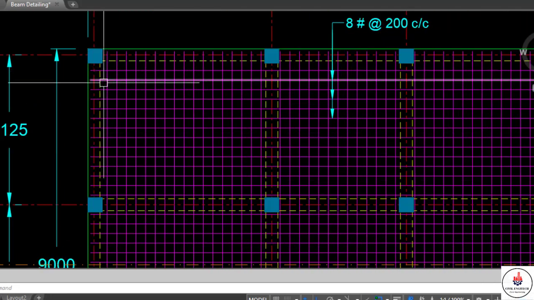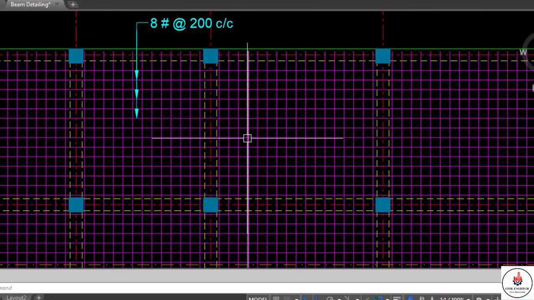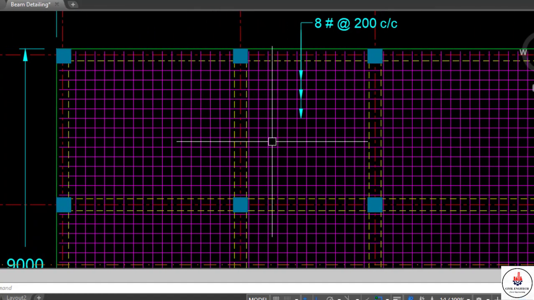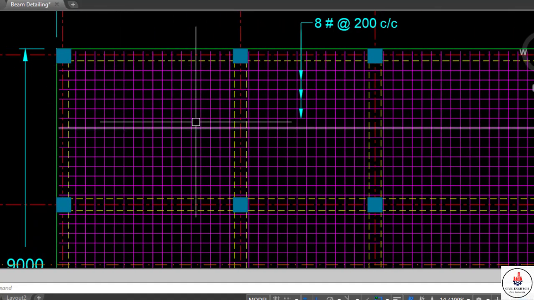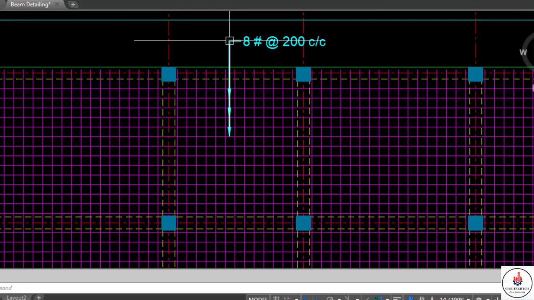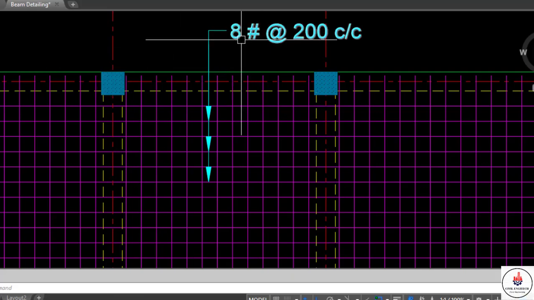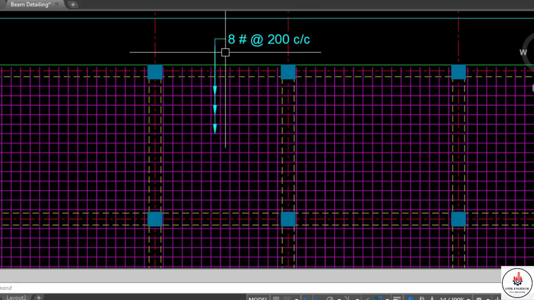These horizontal lines are showing the bars provided in the x direction, and these vertical lines are showing the bars provided in the y direction. This arrow denotes that these horizontal lines are 200 millimeter apart and the diameter of the bars is 8 mm. So it is denoted as 8 dia at the rate 200 center to center.